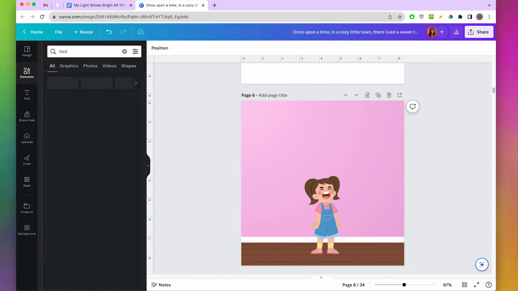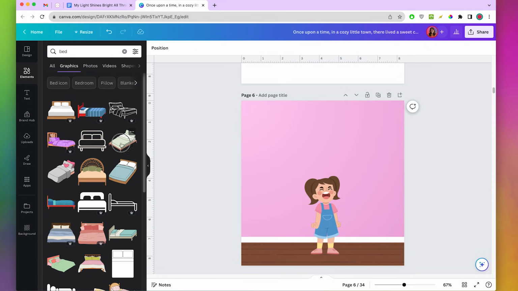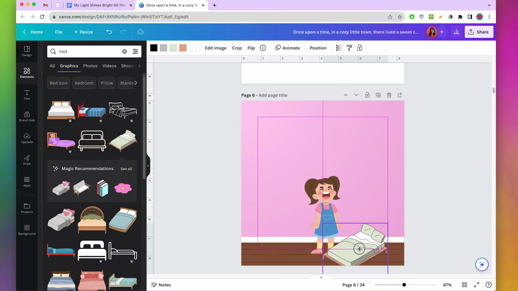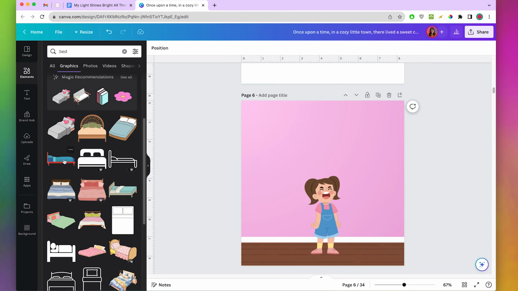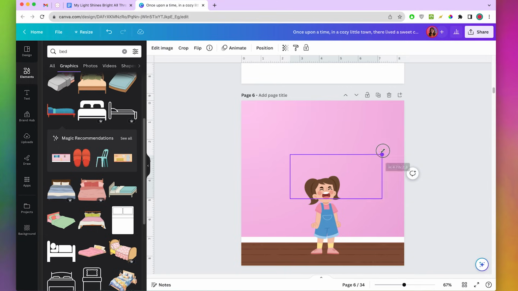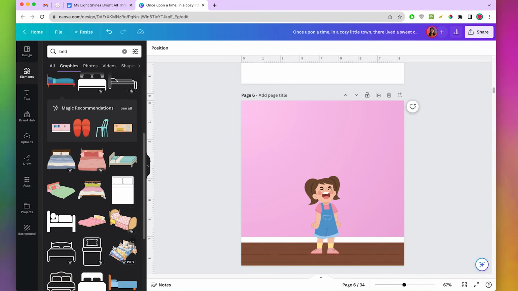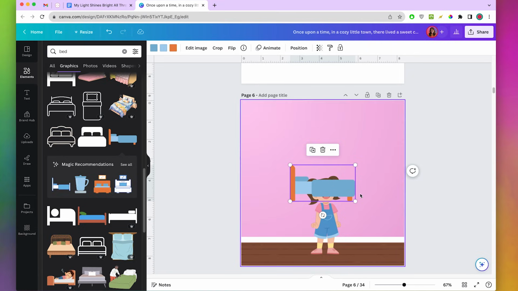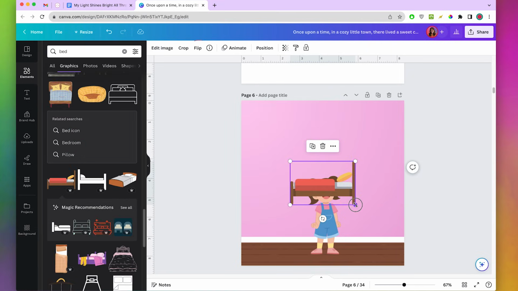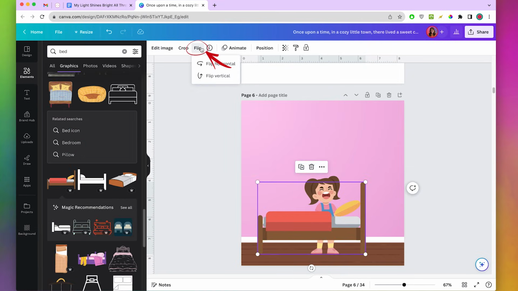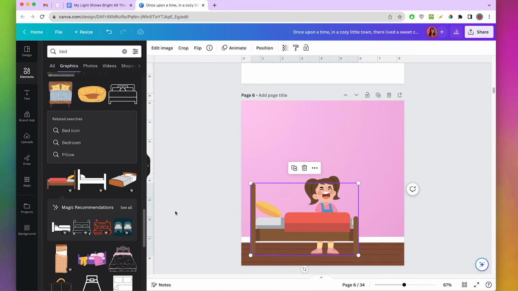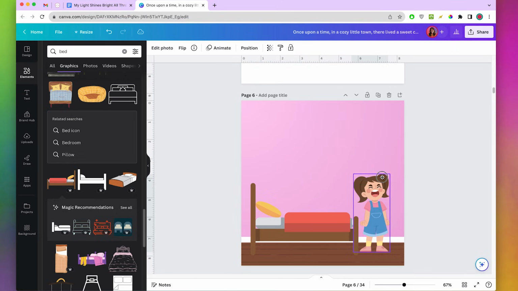And then we would just want to add her bed. This one's not going to work because it's at an angle. So I would probably grab this one, looks fairly simple, but it has that weird texture, so I don't think that's a good idea. This one's probably a little too simple. This looks like a pretty nice one. And I'll flip it and I'll put it like that,